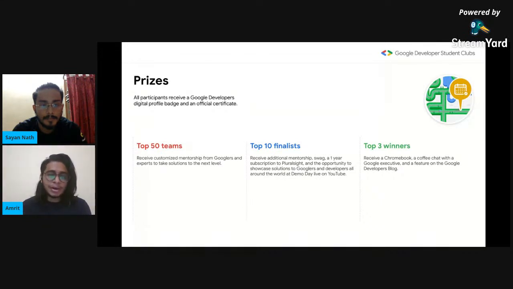The top 50 teams across will be receiving customized mentorship from Googlers directly, and these are the experts in their own genre, and they will be the experts to take your idea, promote and build it and take it to the next level, make it production ready and actually work on it. Then the top 10 finalists will receive additional mentorship, there are swags, and you'll also be getting a 1 year subscription to Pluralsight